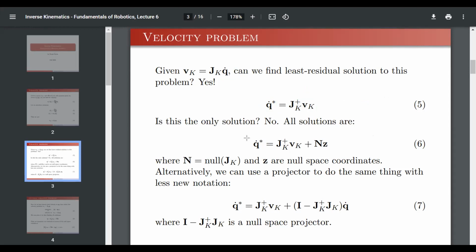But is this all? Is this all the joint coordinates that solve this equation? Can't we find something else other than v q star that solves the original equation? Well, the answer is yes, of course. We have other things that solve the original equation. All solutions can be found in this way,